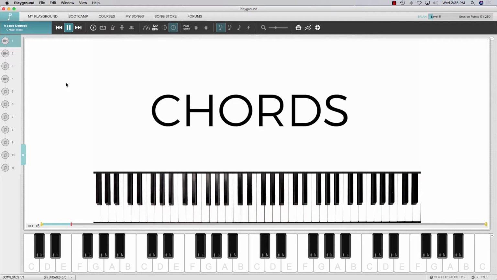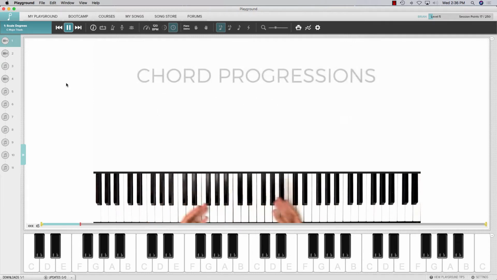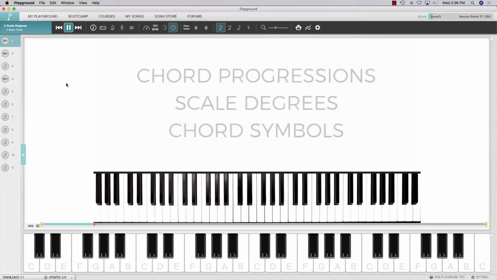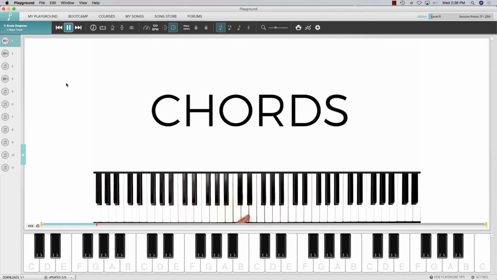Our focus here will be on playing chords and transitioning from one chord to another using chord progressions. We'll be using scale degrees and chord symbols to help you identify these chords in the progressions. And I'll be talking about all this stuff in more detail very soon in the videos to come, so don't worry. But in this lesson today, we're going to focus on playing a very popular type of chord called a